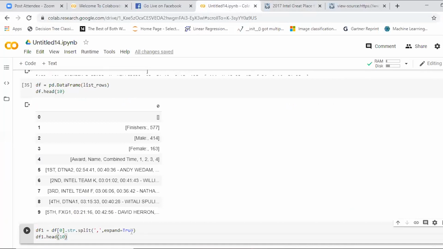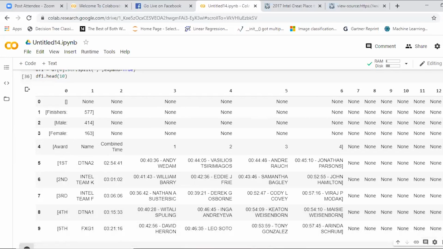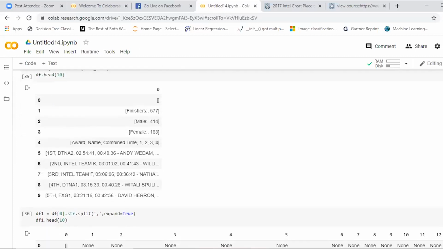So I have given split the 0 column into multiple columns. I'm splitting this df of 0, which stands for the first column. I'm splitting it into multiple columns with the separation of commas, because it is in the format of an Excel sheet or CSV. We will recreate it in the format of a data frame. I use the split method and I wanted to expand it. If you run it, you get a data frame consisting of all rows and columns, each and every data, because this data is now split into multiple columns by commas.